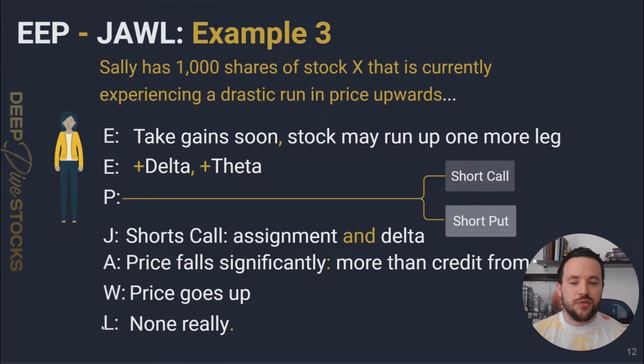But her losing conditions, we can't really say she has any because, again, she's already made a good amount of money from this 1,000 share position. So she can be pretty relaxed in the execution of this play. Not too shabby, huh? Hopefully this is starting to click. It's one of those things where once you work through it, and once you see it in action, I think, like really sit there